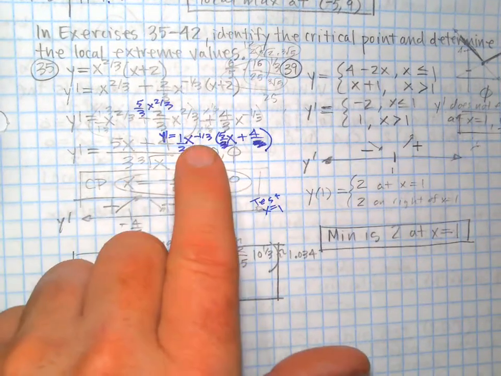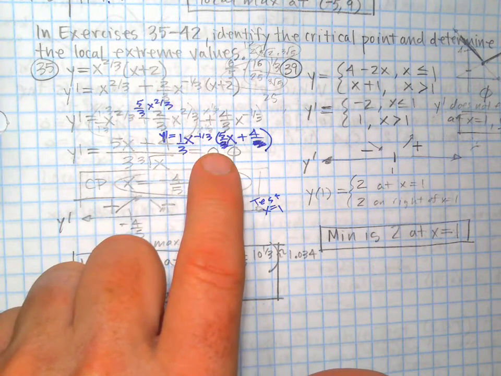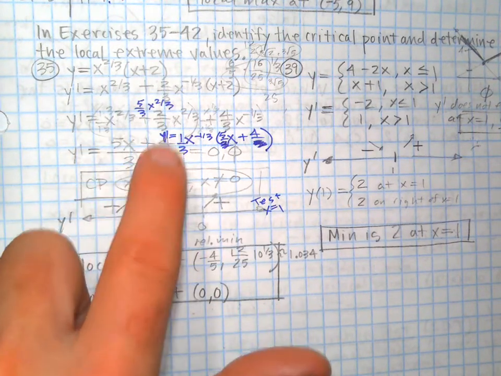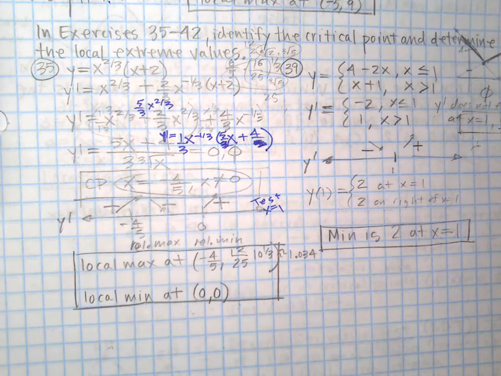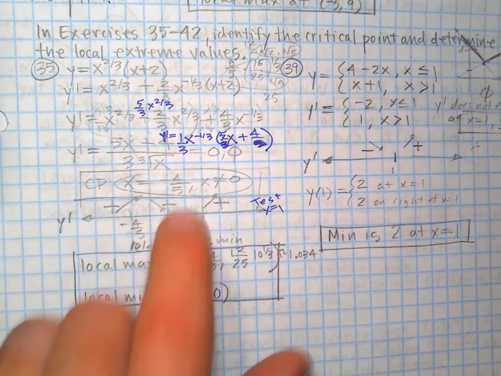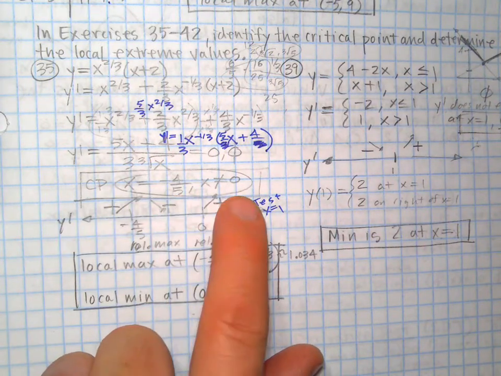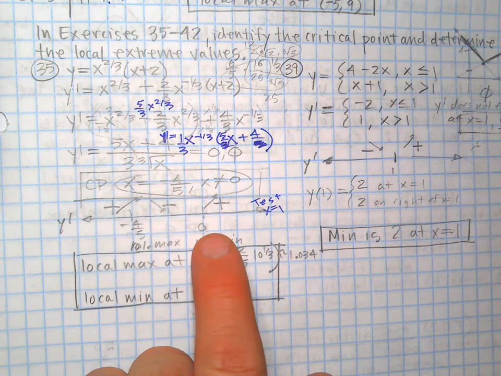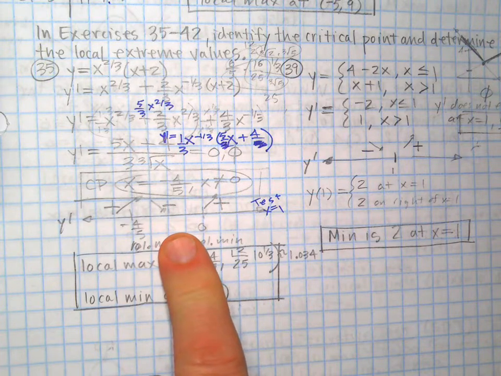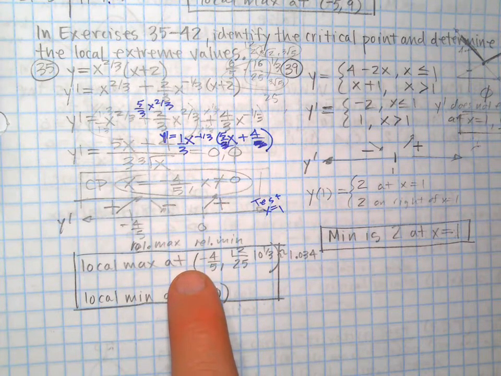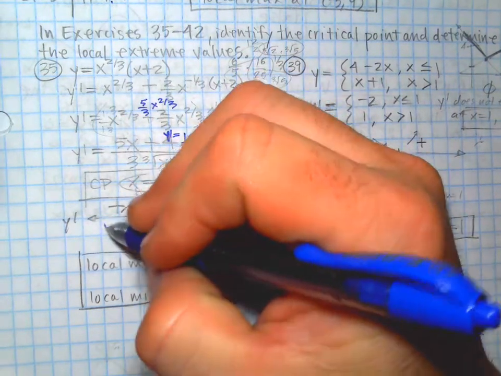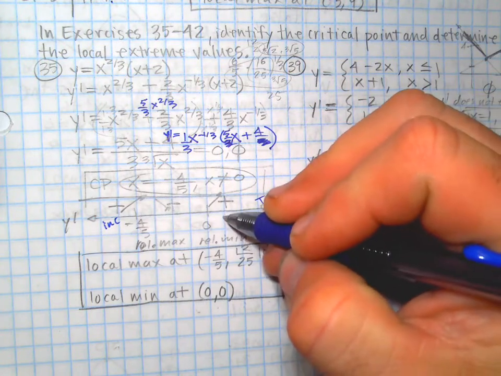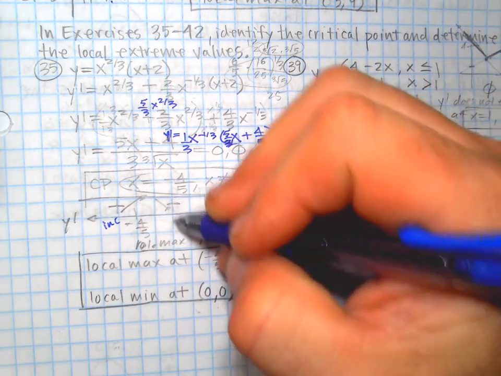You could then factor out the x to the -1/3, or you could rewrite it as a fraction and get the same thing. I think factoring out the x to the -1/3 is kind of handy. Either way, you're going to get a critical point at -4/5 and 0. So first derivative line check gives you this,